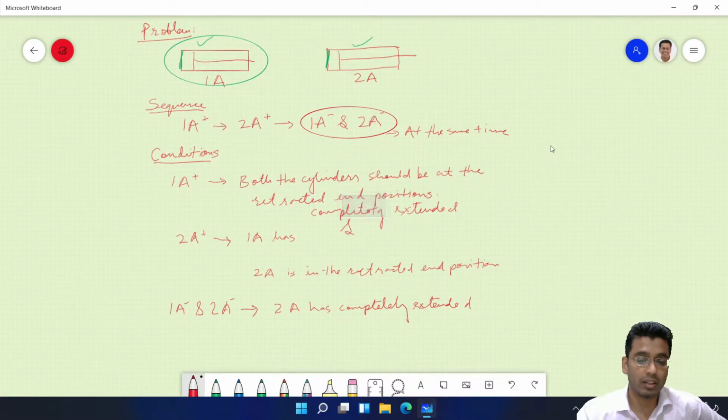Okay, now you have to execute this using a PLC. Fine. So now tell me, I should have input from your side. What would be the first step?